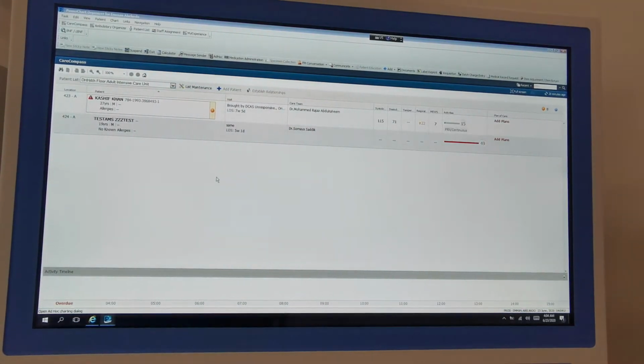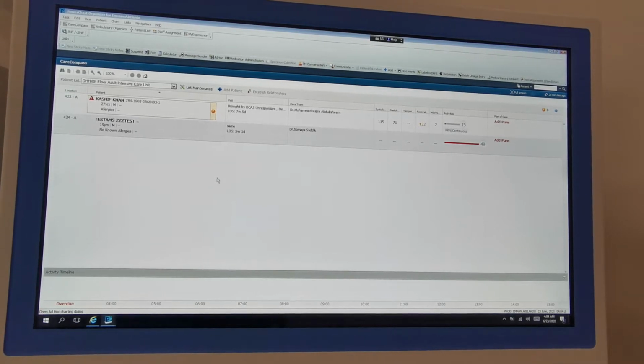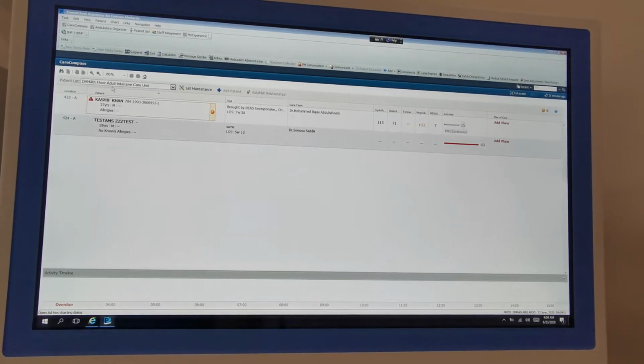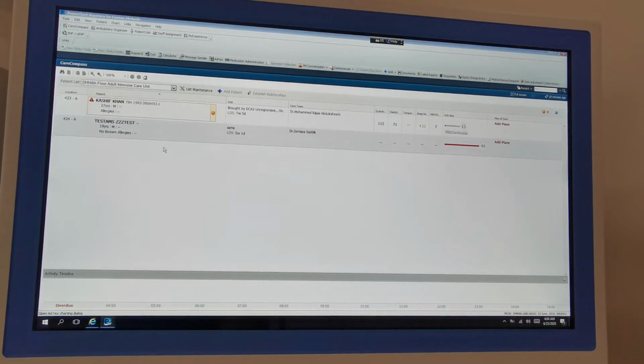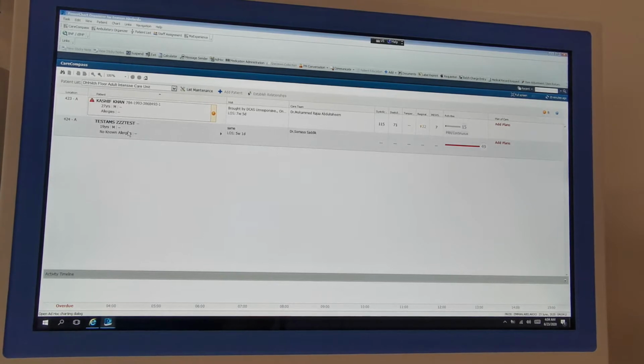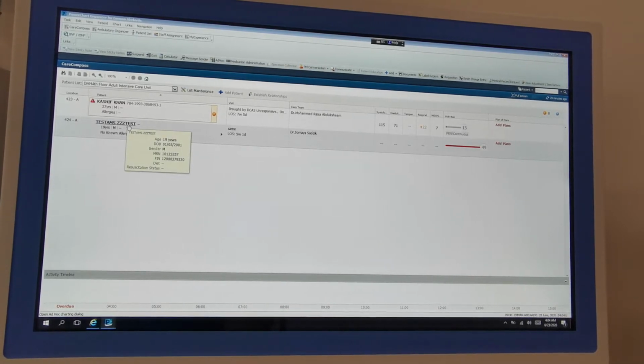So once the patient is admitted in Cerner, in our system, if the patient is for ICU admission, it will be on fourth floor adult ICU, and if it's for CCU admission or HDU, it will be in fourth floor critical care high dependency unit. So since our test patient is in 424, we will just use this. The patient is admitted in 424, patient test comes, so we will just click on the patient's name,